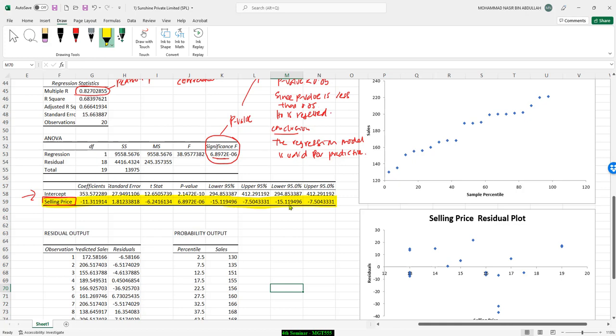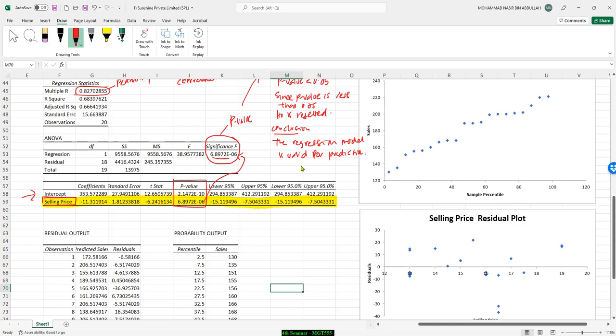Dalam selling price ni, kita akan tengok kepada the P value of the selling price. Sepatutnya dia akan sama lah, if we only have one variable, then dia akan sama lah. So since the P value,